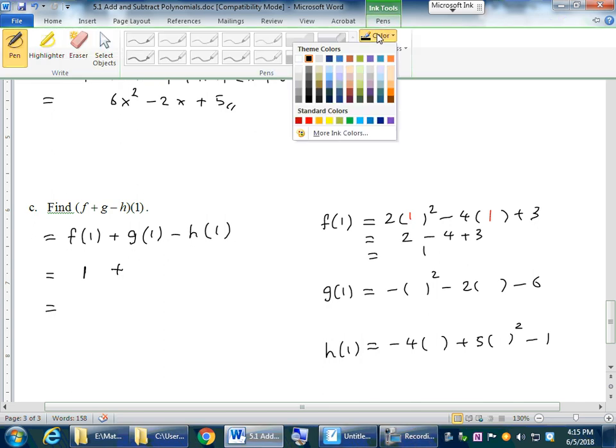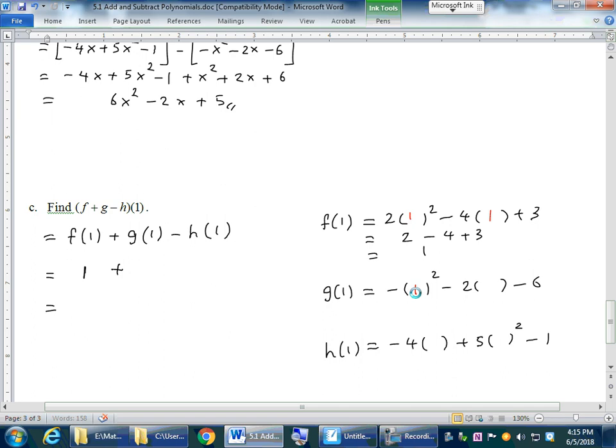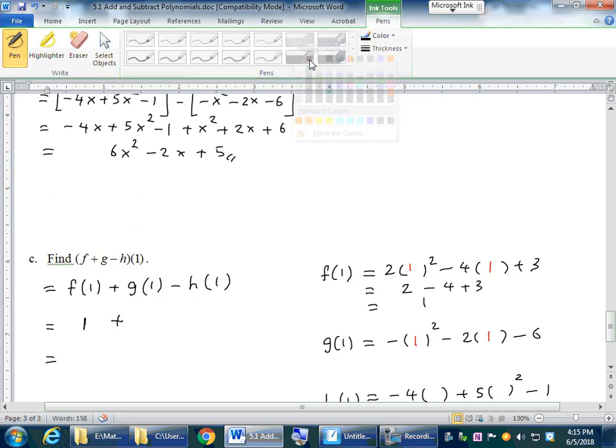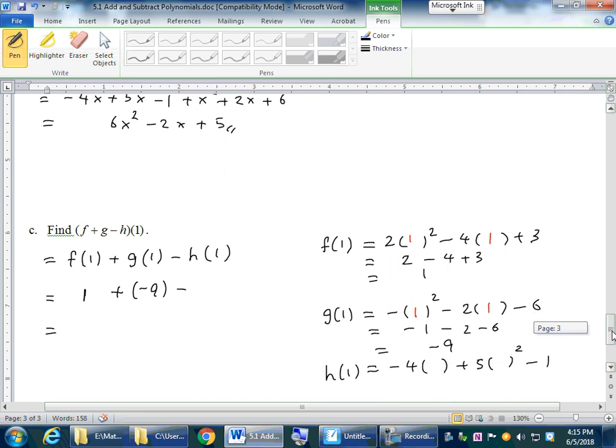So substitute into g functions 1, right? And this gives me 1 squared is 1, so it will be negative 1 minus 2 minus 6, which give us negative 9. So I got my g of 1 is negative 9 minus,